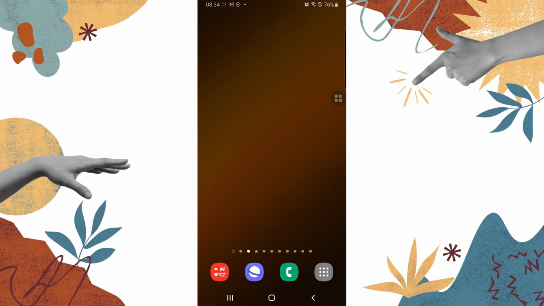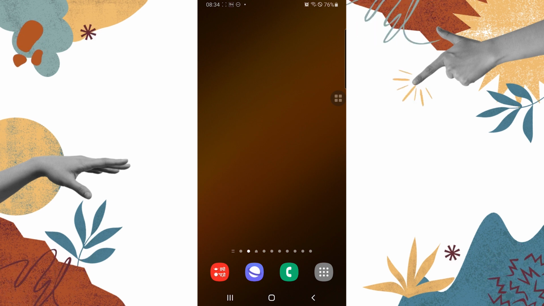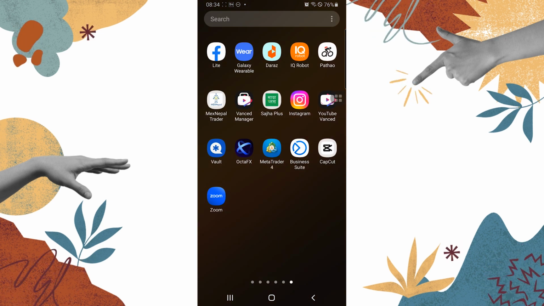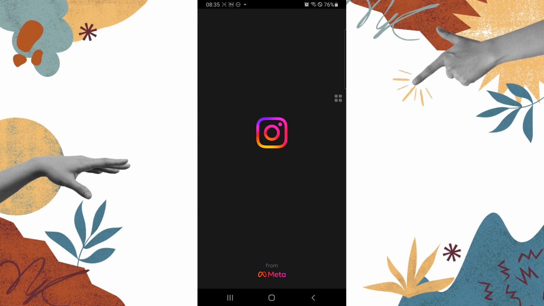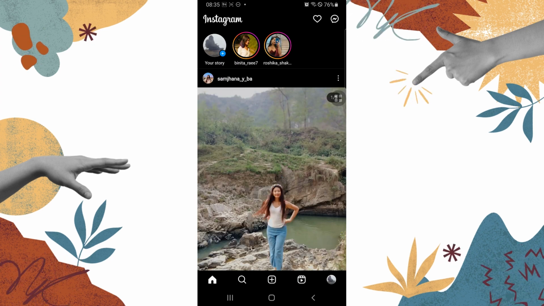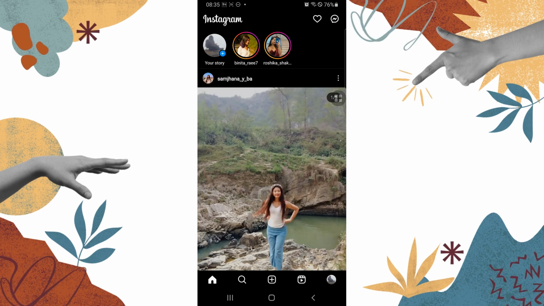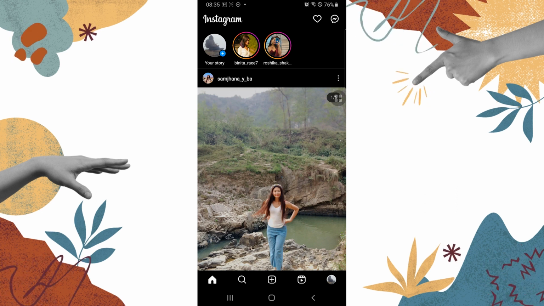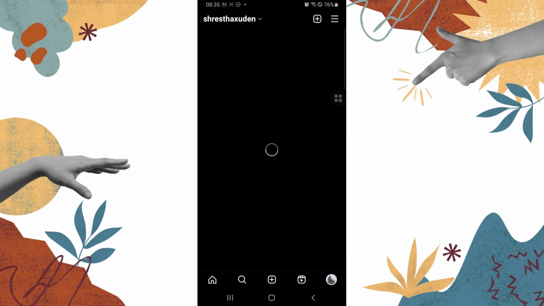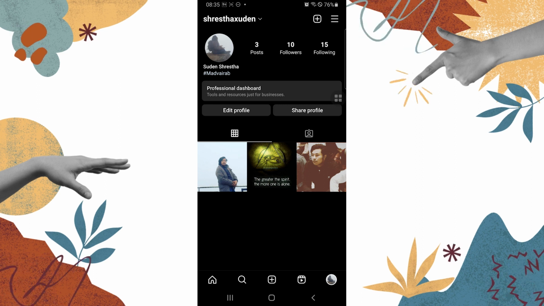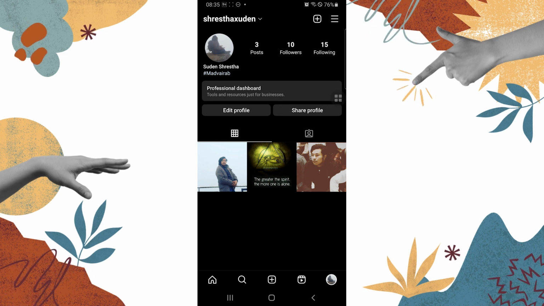Now to find or see your saved Instagram reels on your Instagram account, first open up your Instagram app like this. And over here guys, at the bottom right corner of the screen, you can see your profile picture icon. Tap over here in order to first find your saved reels,